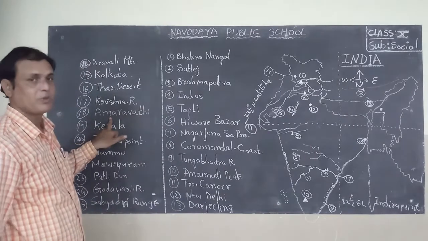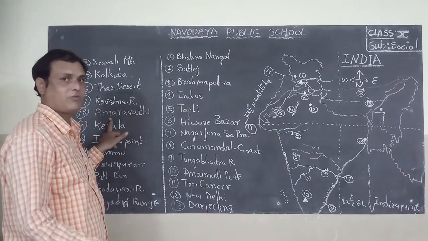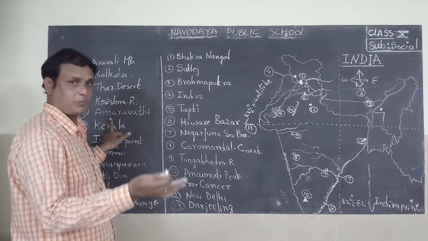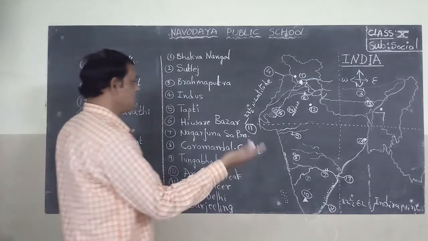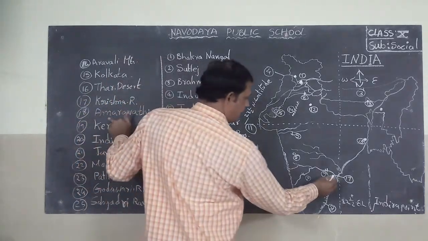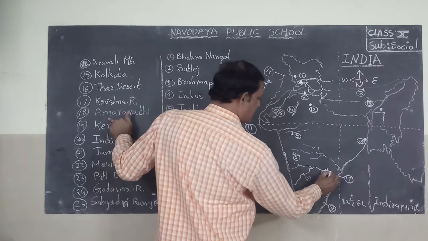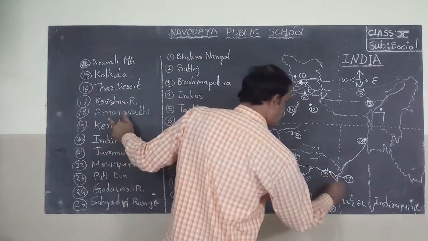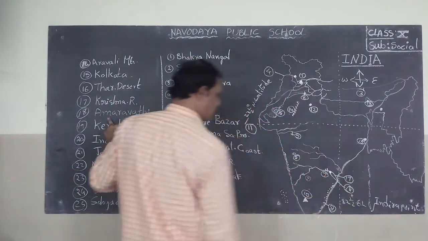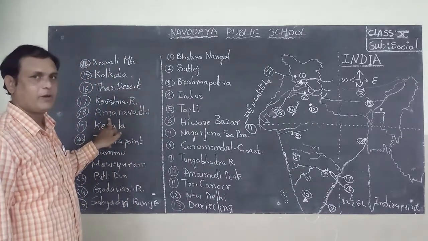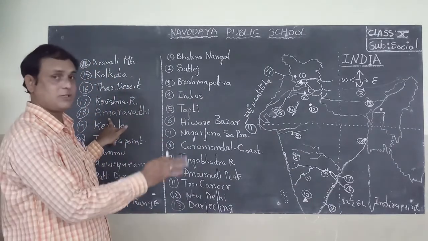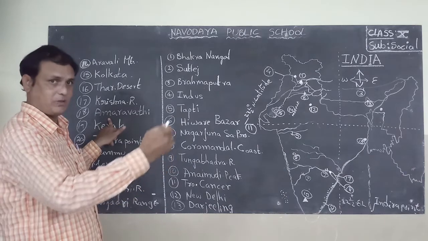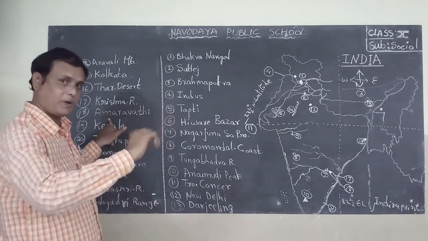Next, Amaravati. Amaravati was announced by our former Chief Minister Chandrababu Naidu as our capital of Andhra Pradesh after bifurcation. So where is Amaravati location? Maybe here. This is Krishna river. So here Amaravati we can find. What is the number? 18. Don't confuse, children. After this, you also practice at least 2-3 maps. Take outline maps and with the help of textbook or material, you practice.